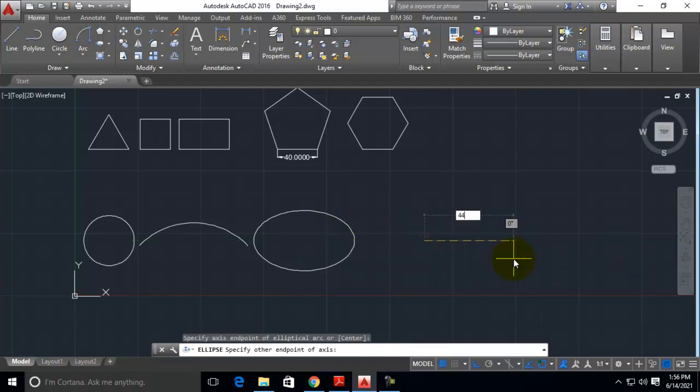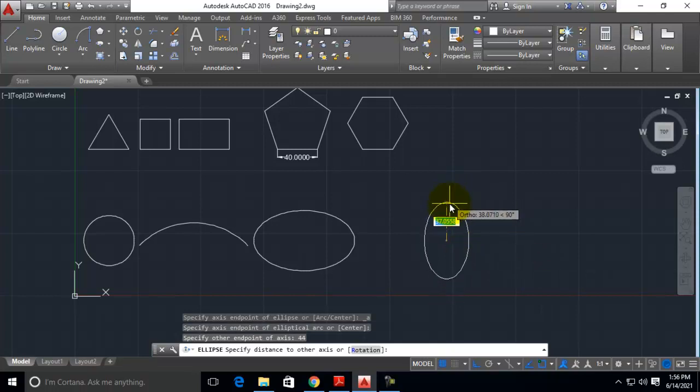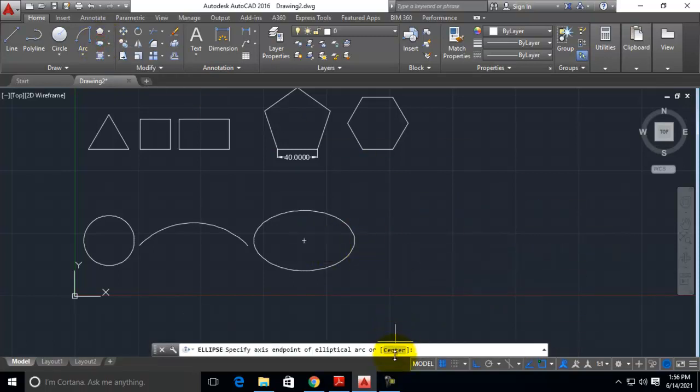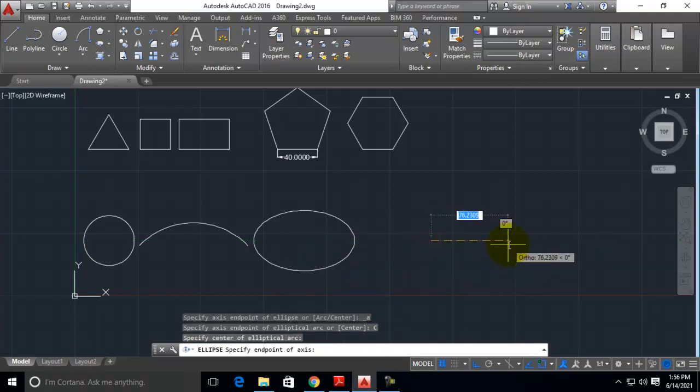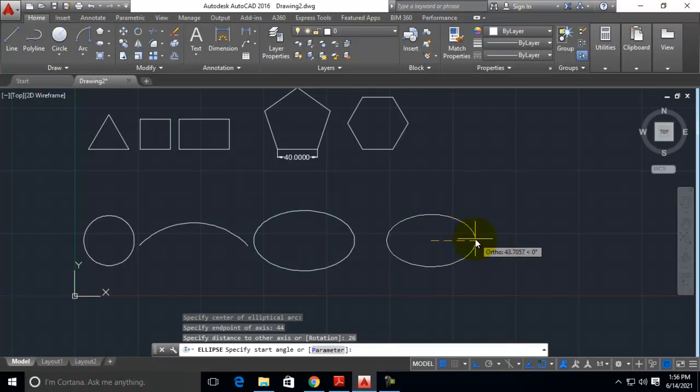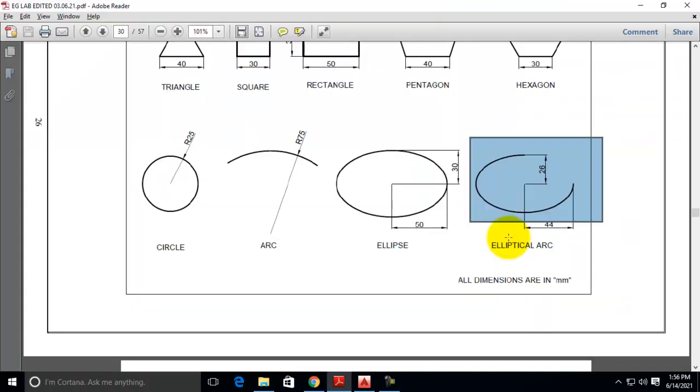Select the center option first, then select the point. Now give the value as 44 and another value as 26. Now it is asking us to give the start angle. From the top give it and complete it at this point. Now we have drawn the elliptical arc also.